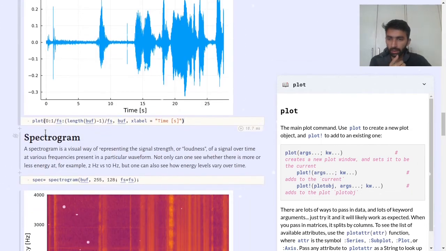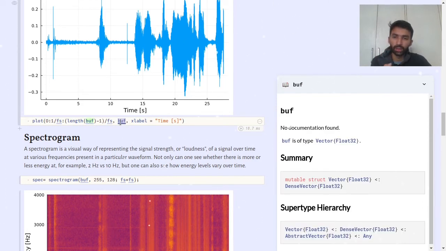it's plotted well here. I'm using Plots.jl, and in this part we are specifying the x-axis, and first we have to specify the initial point, and then the end point and the steps, and then we have to just add in the audio data, and then we can add x labels, y labels, all that sort of stuff. It's pretty extensible, so you should check out Plots.jl. I mainly use GLMakie, but for Pluto notebooks I found Plots.jl to be better.